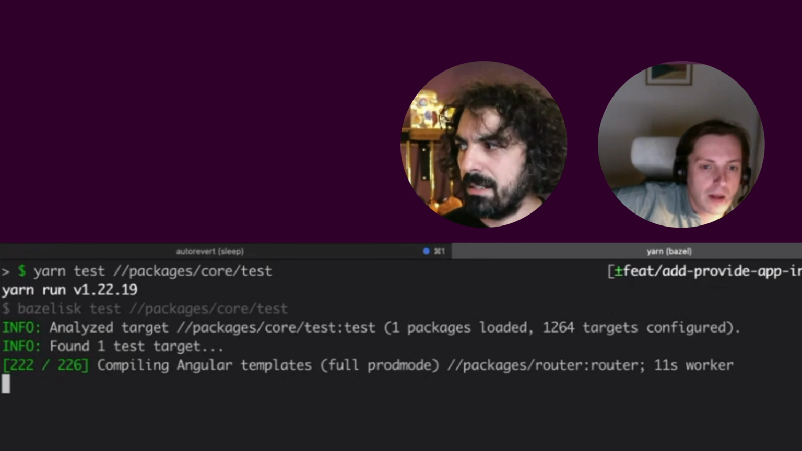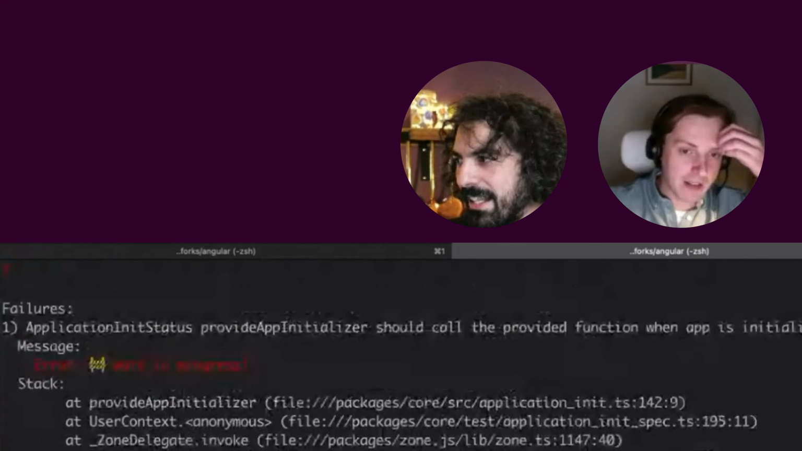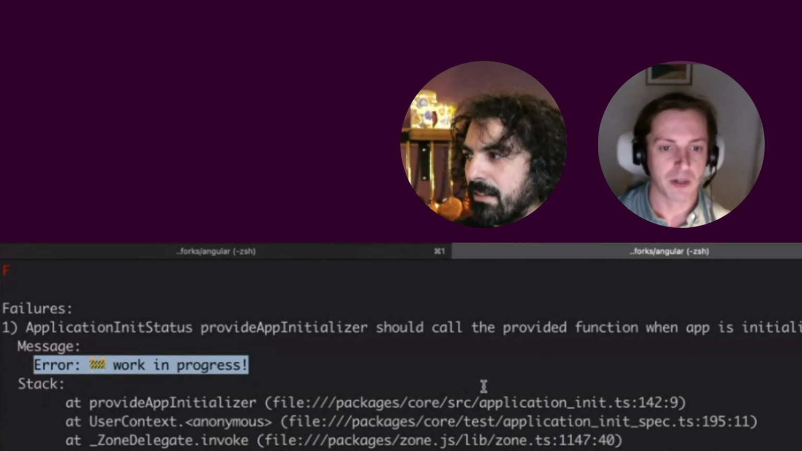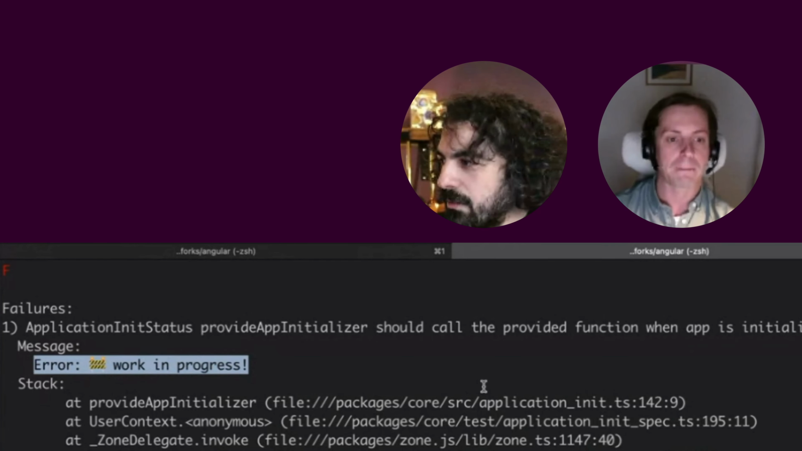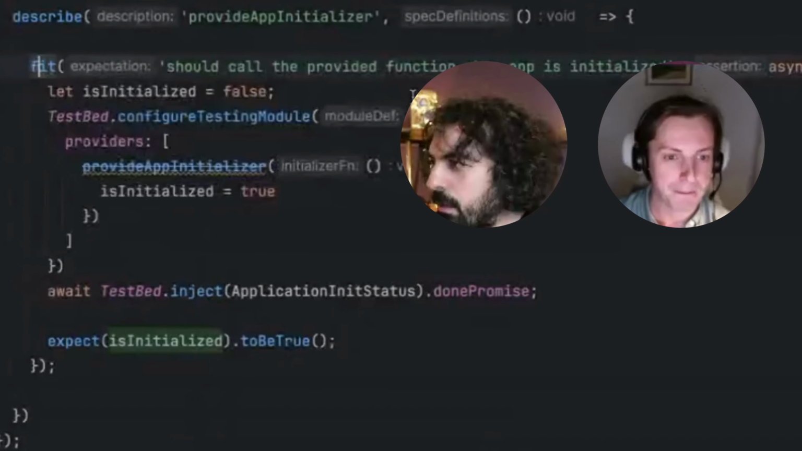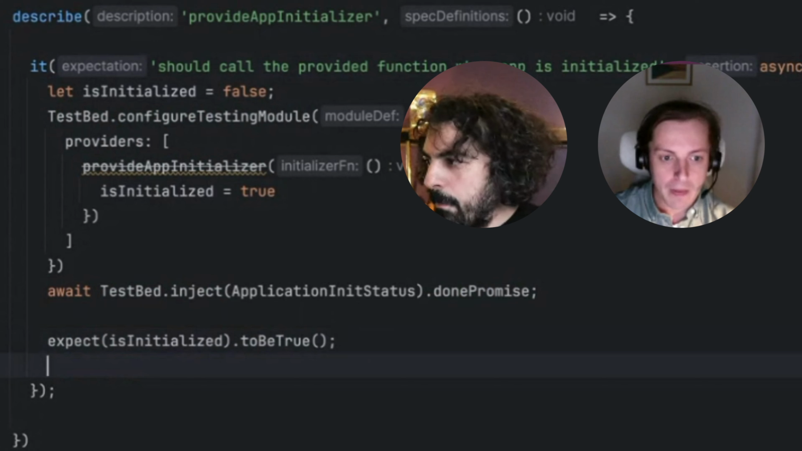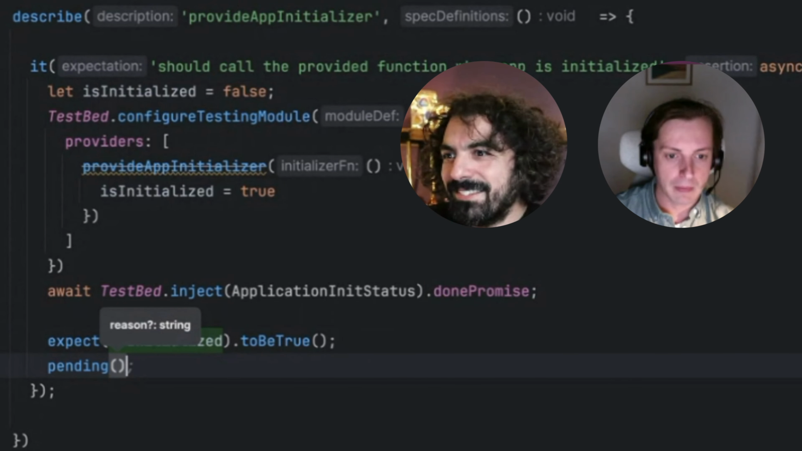Yeah, but it scales more than running everything. Yeah, and it failed. What's important is just above. As you can see, it's because of the work in progress that was thrown by the function, which makes total sense. Okay, so right now I'm going to keep the test pending because it's not passing yet,